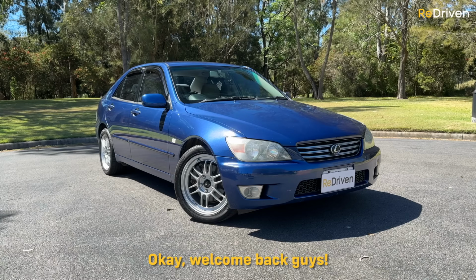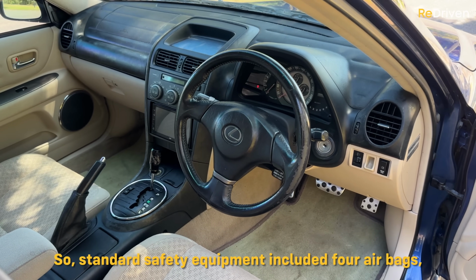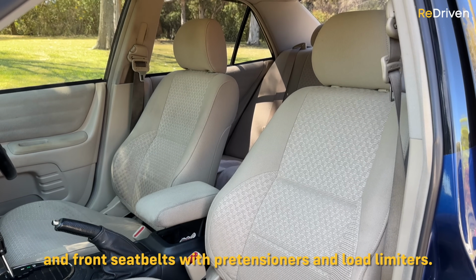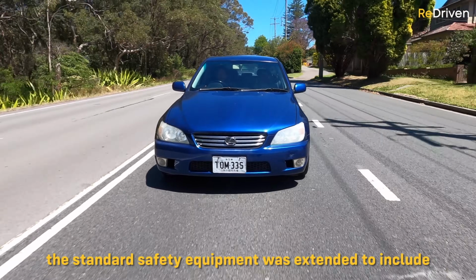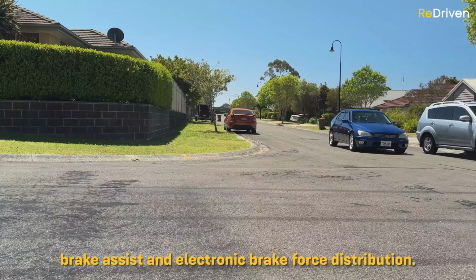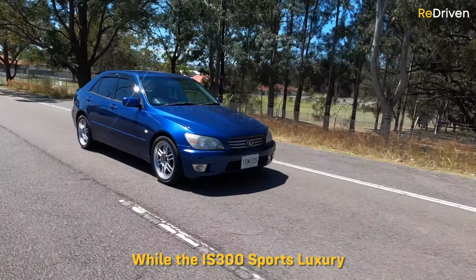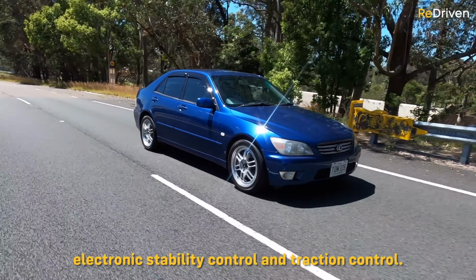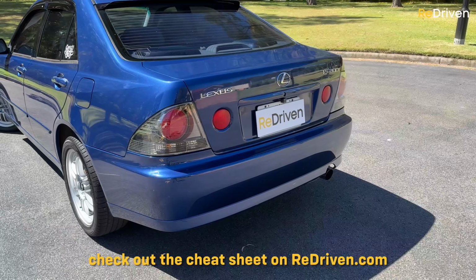Okay, welcome back, guys. So, standard safety equipment included 4 airbags, anti-lock brakes, traction control and front seat belts with pretensioners and load limiters. However, post that crazy update, the standard safety equipment was extended to include front curtain airbags, brake assist and electronic brake force distribution, while the IS200 Sports Luxury from June 2004 was also equipped with electronic stability control and traction control. But as always, for all the specific details, check out the cheat sheet on